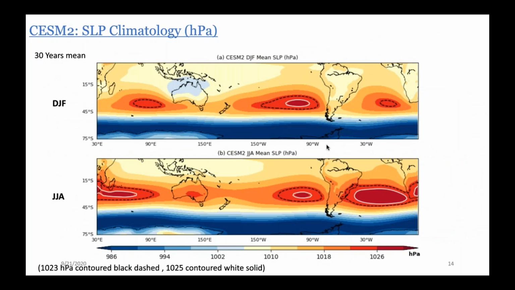So this is sea level pressure climatology from CSM2. The same figure as before, DJF in the top and June, July, August in the bottom. And we can definitely see that the seasonal cycle of the anticyclone actually shows similarity with the ERA-Interim. In the South Pacific, the anticyclone is stronger in DJF, whereas the South Atlantic and Indian are stronger in June,